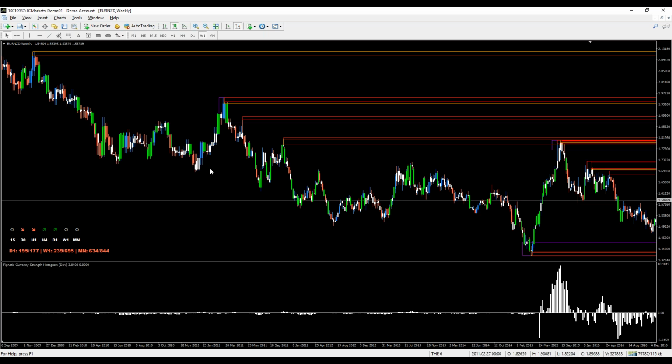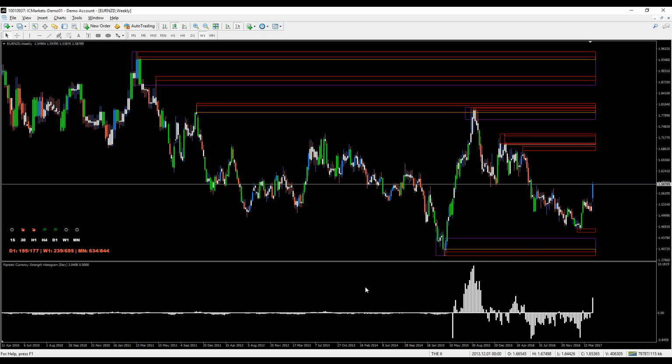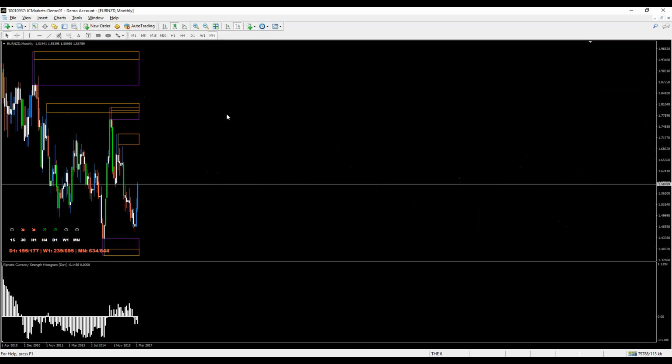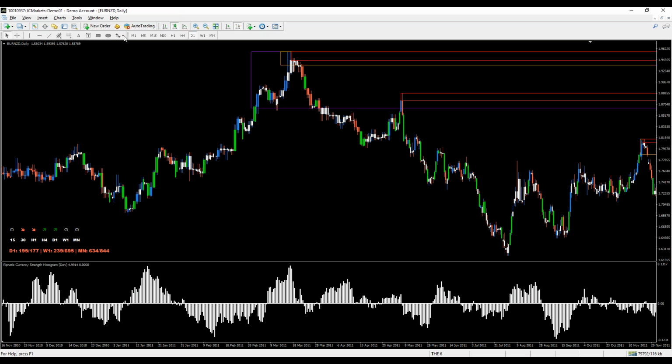Because I've experimented for such a long time, I have tons of historical data. If I go to the weekly chart, you can see I don't have weekly historical data, so you can't really scroll. Now it's downloading, and on the monthly, it's probably even worse. You can download it in the history center in MT4 by clicking on the time frames you want. But then you have to remember to download history for that time frame on all 28 currency pairs. So it's a bit of a